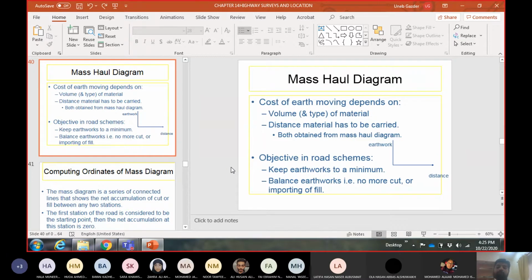Secondly, it means you are following the natural topography of the ground. That means the slope of the road is more or less the same as the slope of the ground. That is a good thing for the driver. It becomes easier for the driver to understand the road situation, and it becomes easier to design. It reduces the overall cost of the project, not only the construction cost but also the maintenance cost. The third point is that the design helps the contractor as well. It makes the construction work easier and faster.